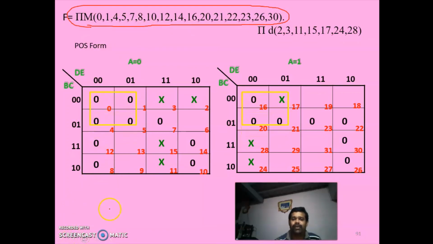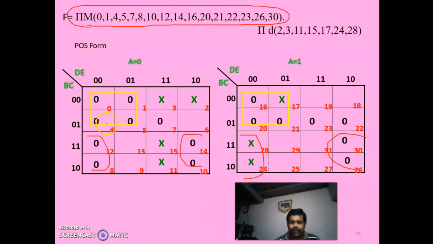Then we are going for grouping. So we are checking for identical zeros. Here you are having 4 zeros. If you consider this don't care as 0, you can get a group here. Similarly, you are having a 0 0 here, a 0 0 here, and 0 0 here. If you consider this don't care as 0 0, you will be getting similar groups in both the maps.